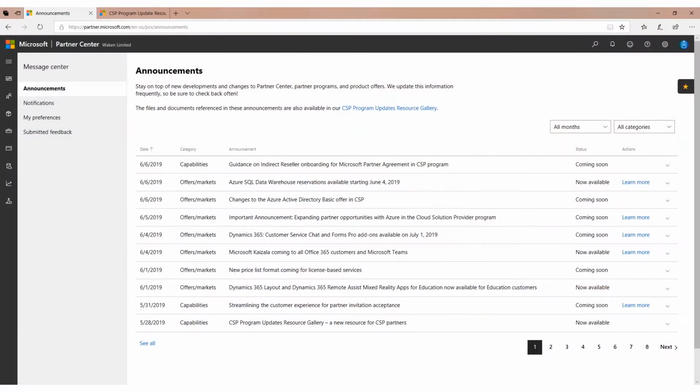There's also a new resource gallery. Have you seen the resource gallery? This is actually not bad, actually. So here's the announcements page I was just talking about, and there's the new price list thing that Mark will be going to click on. But up here, it talks about the CSP Programme Updates Resource Gallery. What this is doing, essentially,